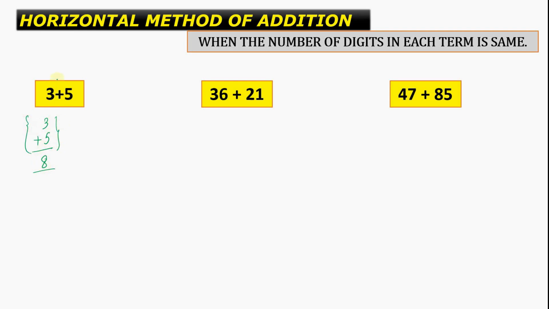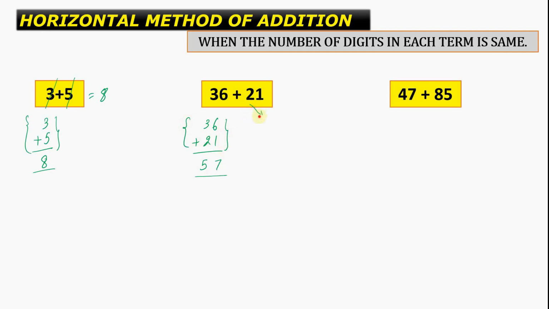What we need to do is just say 3 plus 5 is equal to 8. And then here again, we used to write like this, and then say 6 plus 1 is 7, 3 plus 2 is 5, and this is 57. But we have written these two steps, which is an extra effort that we can really avoid.